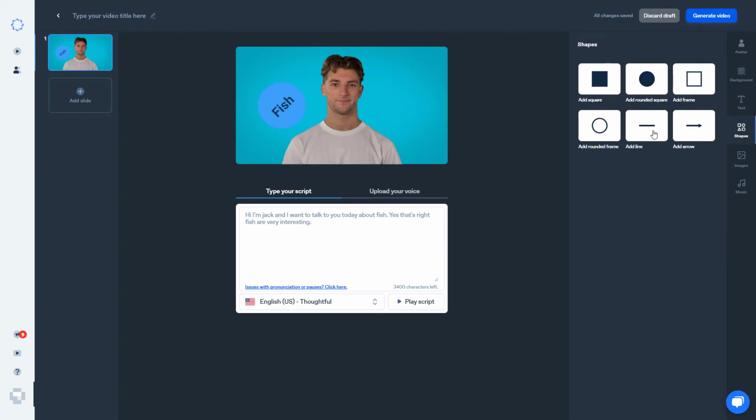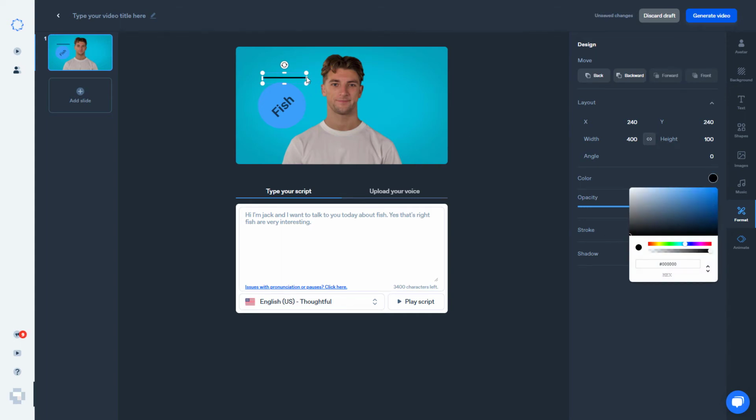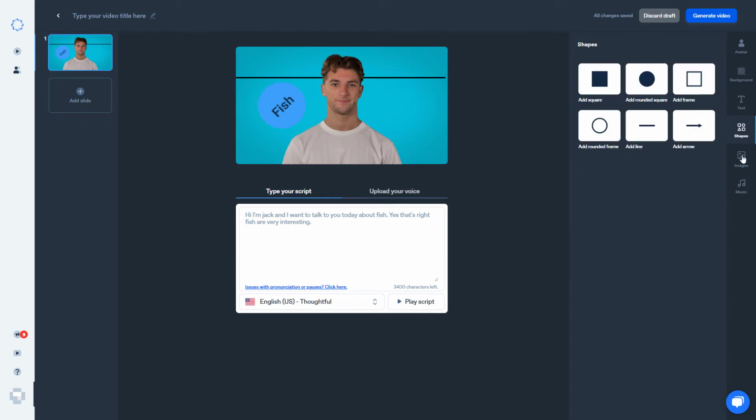One other thing that I think is really quite good is I'm going to change its colour to black and put it going behind his head. Look at that. It doesn't go over his head, it goes behind his head because the layers are working really well here. Unfortunately, I can't move this to the front if I did want it to obscure him, which I think is odd.